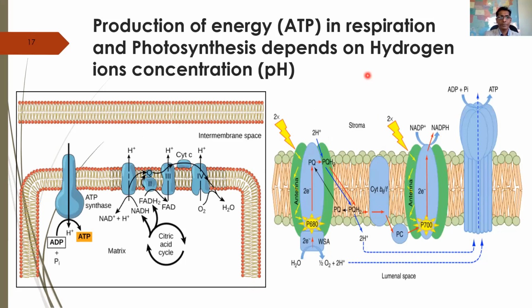physiology of plant, photosynthesis and respiration, how actually the production of energy during the respiration and photosynthesis really depends on hydrogen ion concentration. We're going to see here, this is a mitochondria cell membrane. The membrane is embedded of the system here, but we're going to see how ATP is synthesized by transferring the hydrogen ion concentration from inside of the mitochondria to the lumen or to the outside of the inner